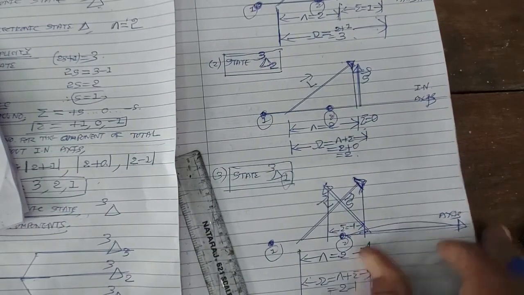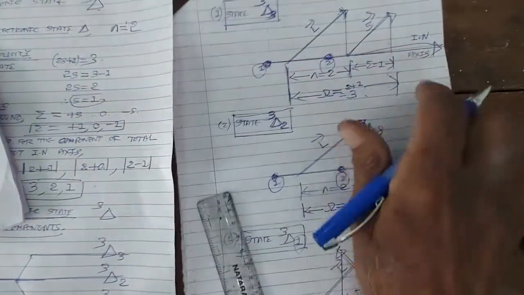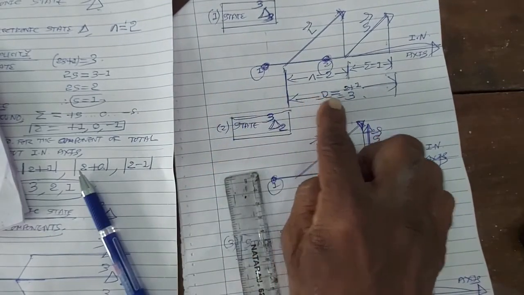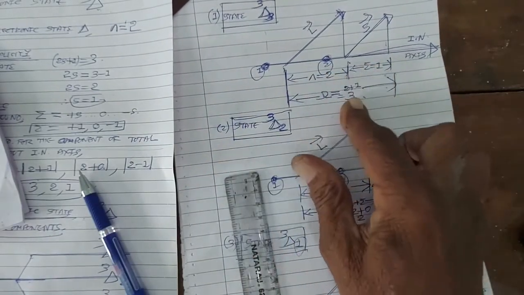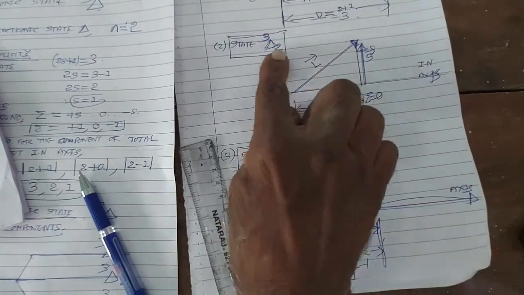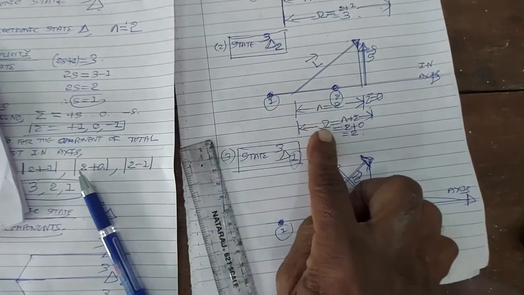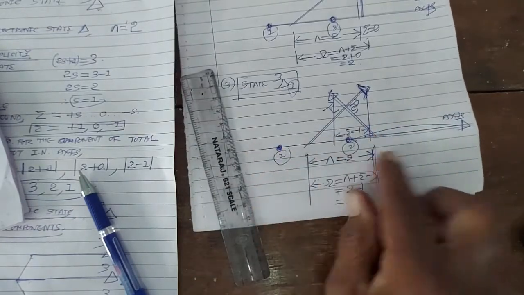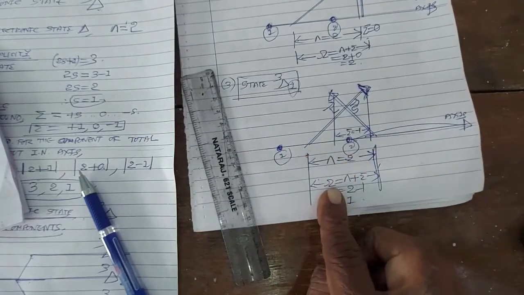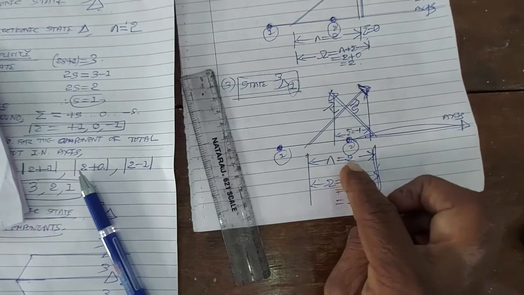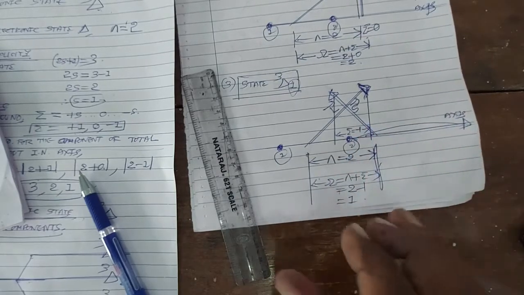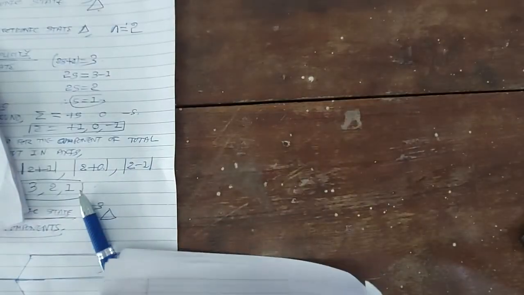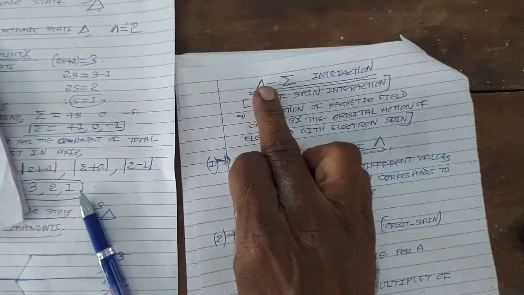so that is 1. Okay, so in the first case, state delta 3 3, the total quantum number omega is lambda plus sigma, 2 plus 1, 3. In the second state, delta 3 2, the total quantum number omega is lambda plus sigma, 2 plus 0, that is 2. And in the third case, the total quantum number omega is lambda plus sigma, that is 2 minus 1, that is 1. Okay, so this is the example in which we have shown that due to the spin